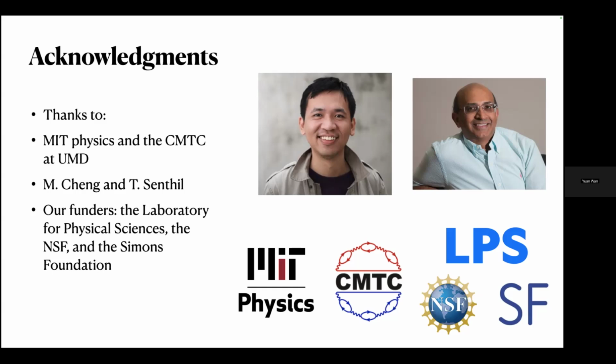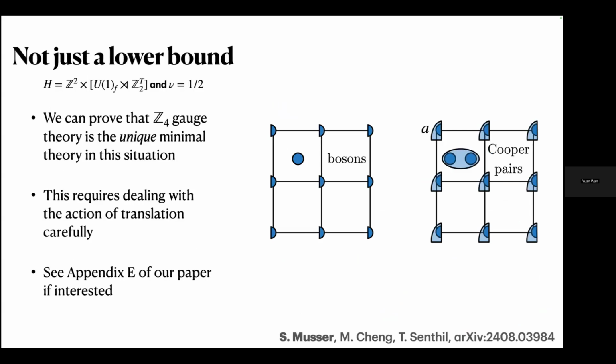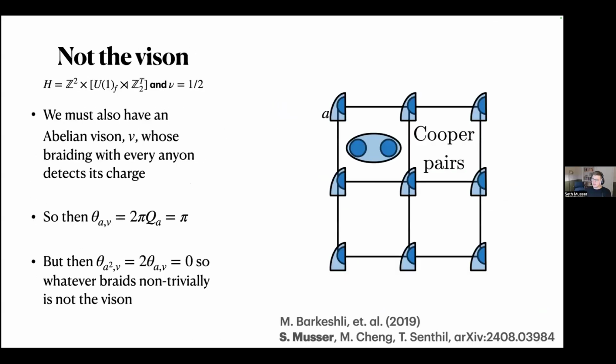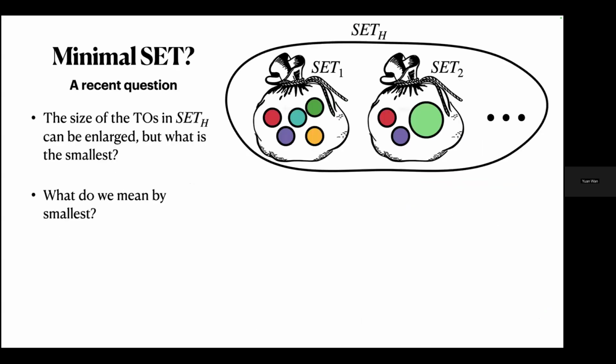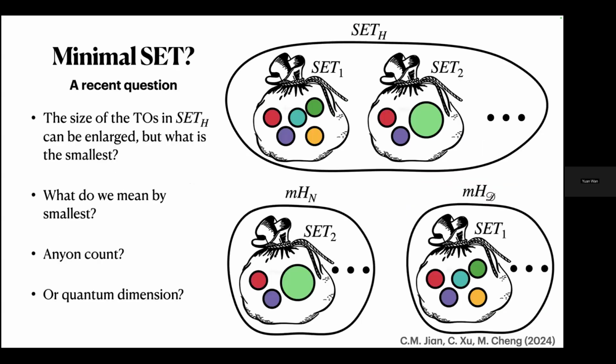This is probably a naive or a general question about the symmetry-enriched topological order. You mentioned that there are infinitely many possible symmetry-enriched topological orders consistent with a given symmetry H, and also talked about the minimal topological order. So is there a sense that all the other symmetry-enriched topological orders are generated by these minimal topological orders? Is there a sense of structure there?